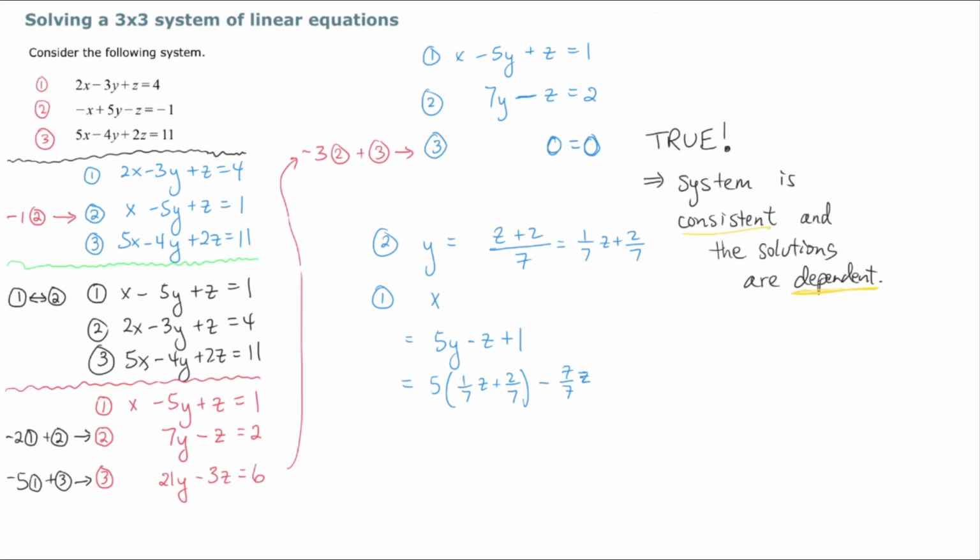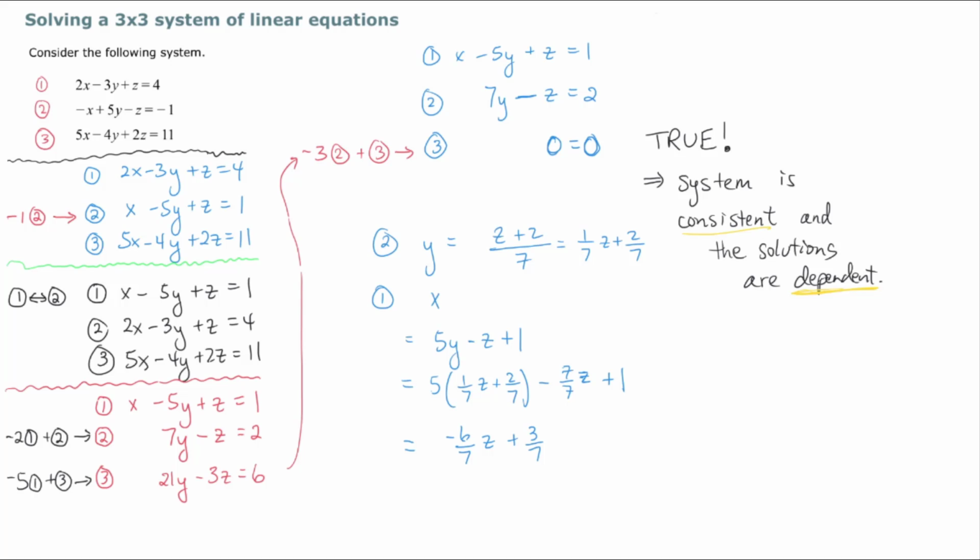Might look a little confusing, but that says 7/7 z. I just subtracted a z, and then we're going to add 1. So how many z's do we have? We have negative 6/7 z